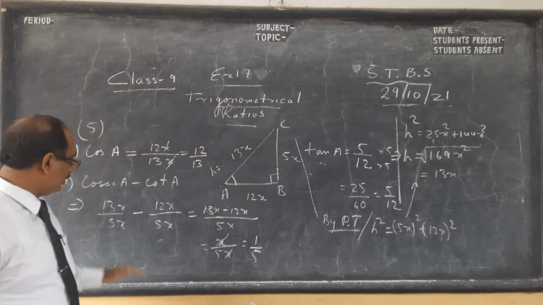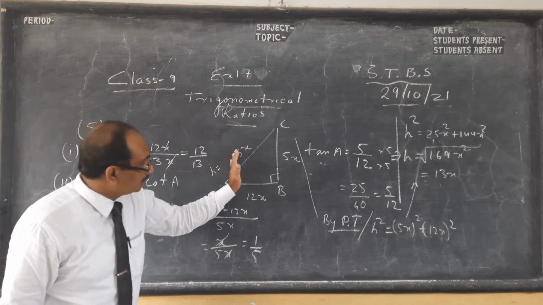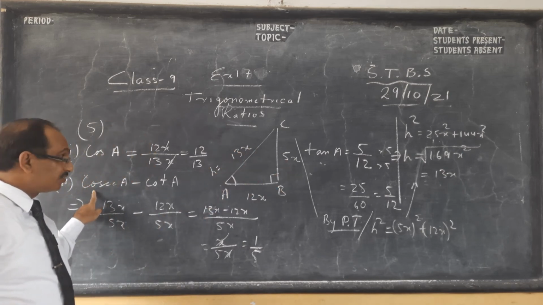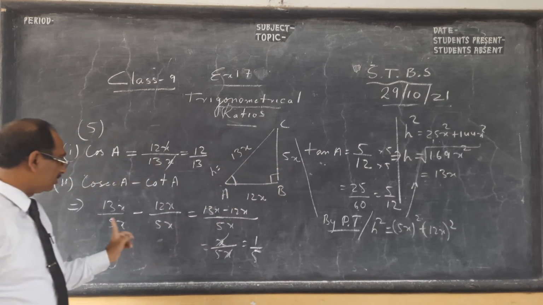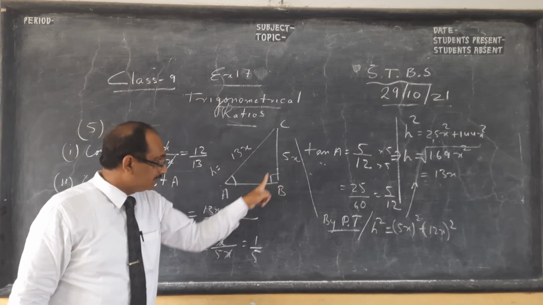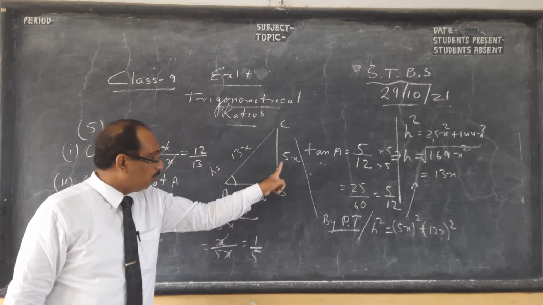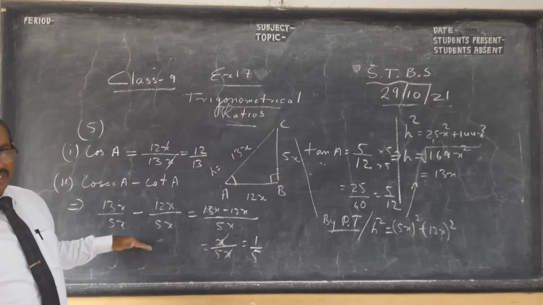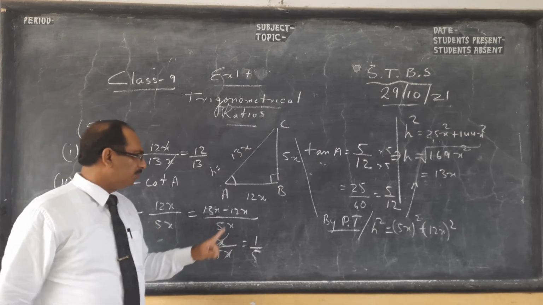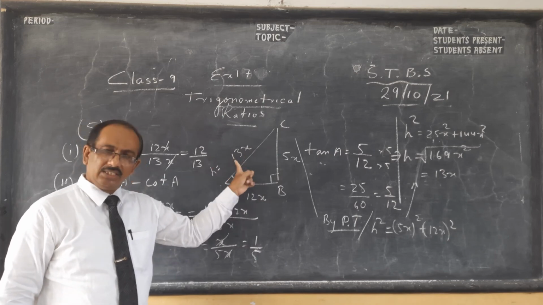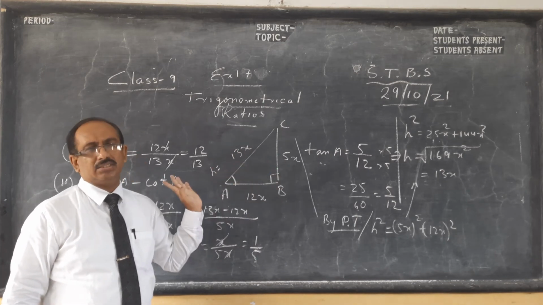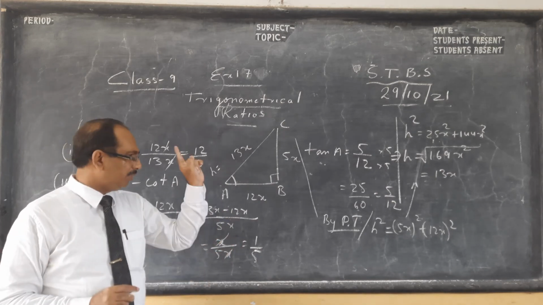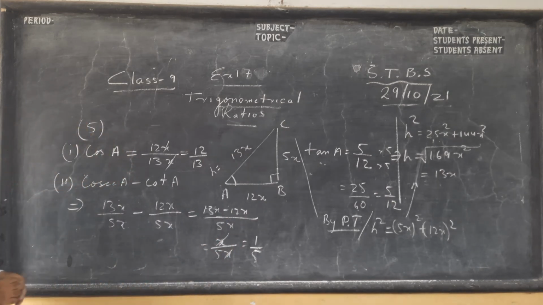Cos is this by this, and cosec is this by this. Cosec is opposite of sine. Sine is this by this, cosec is this by this. Cot is opposite of tangent. Tangent is this by this, so opposite by adjacent. This is adjacent by opposite. There are many systems, many teachers will teach you, but ultimately remember, bottom line is sine is this by this, cos is this by this, tan is this by this. There are many methods, many teachers will teach you, but the key point is that. So kindly pause the video, and once some more we will do, and we will end the class.